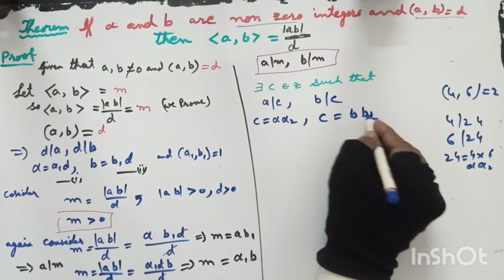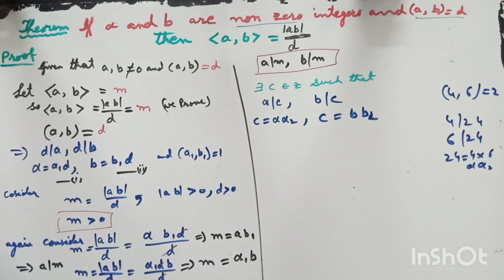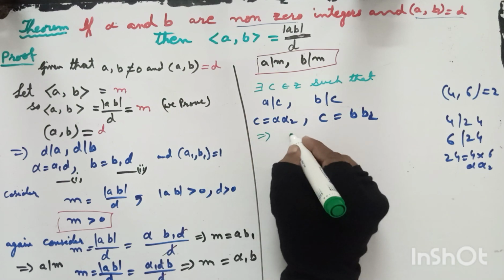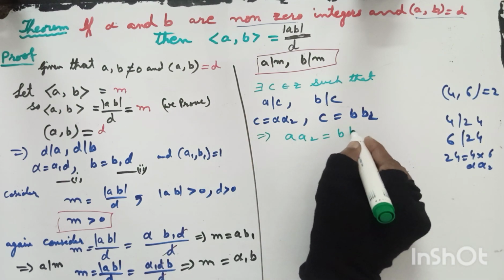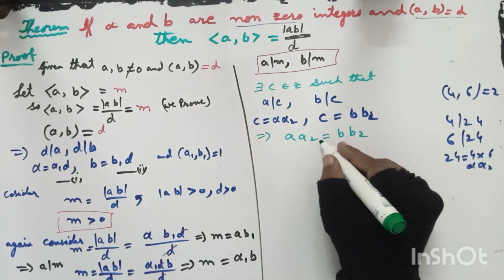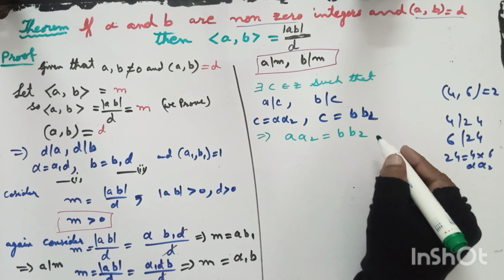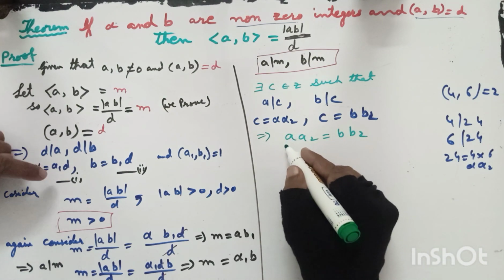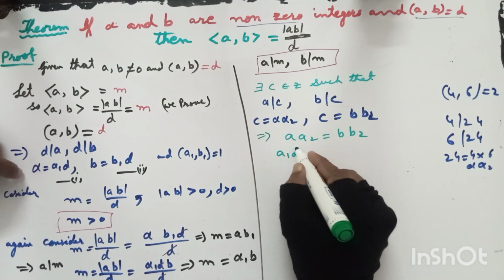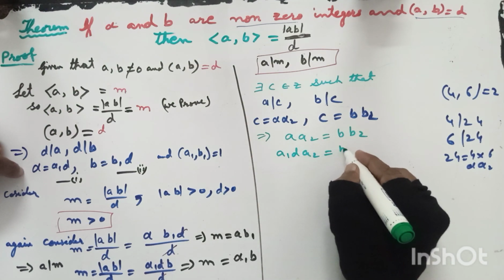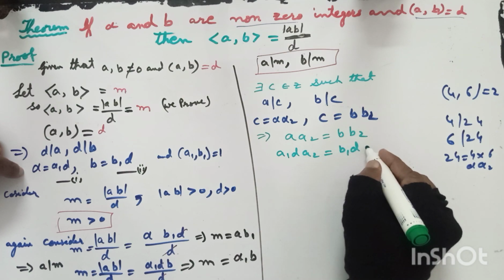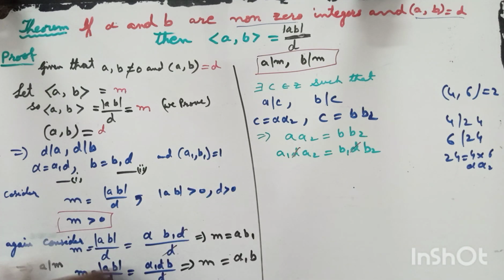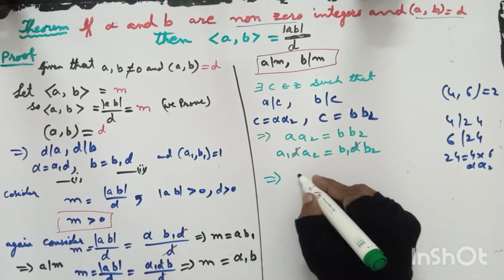Just like that, I can write it as, you know that here, if these C and C are both equal to C, which implies A A2 is equal to B B2. Plug in the value of A here. A is equal to A1 D and B is equal to B1 D. I can cancel the value of D on both sides, which implies, as you know that